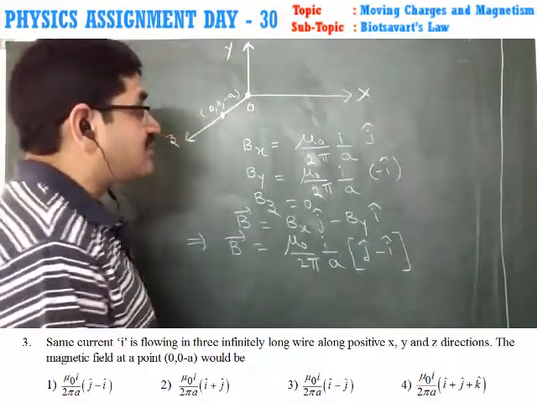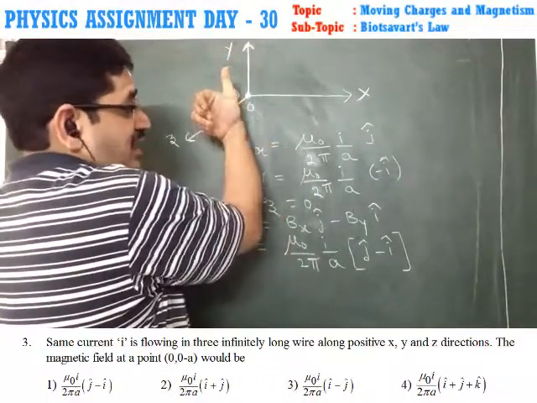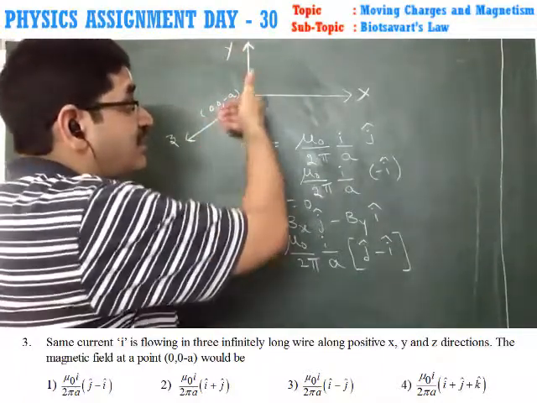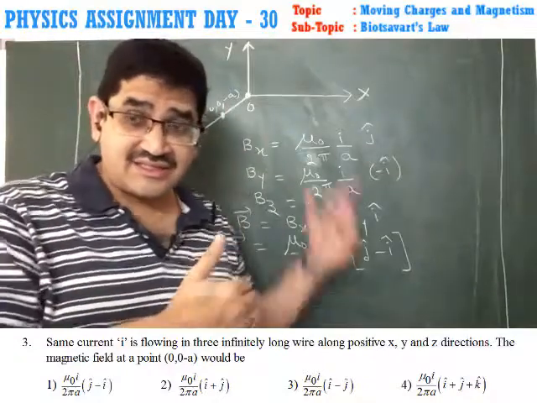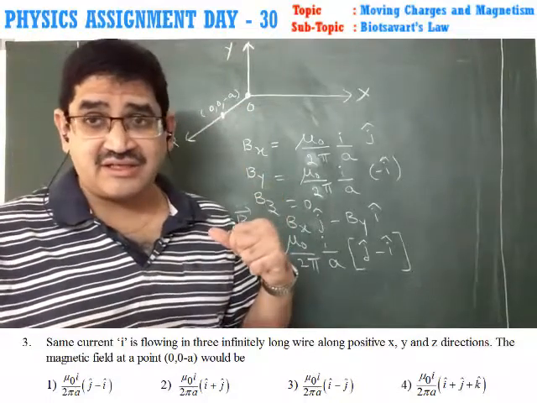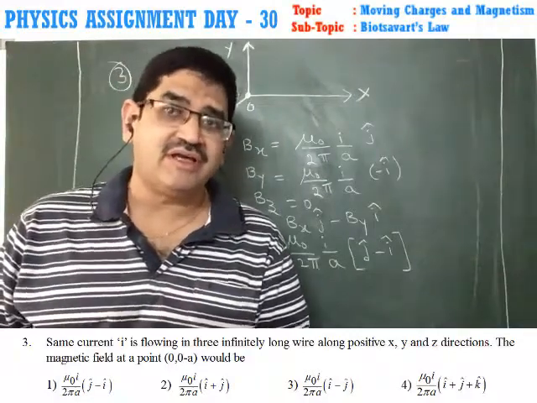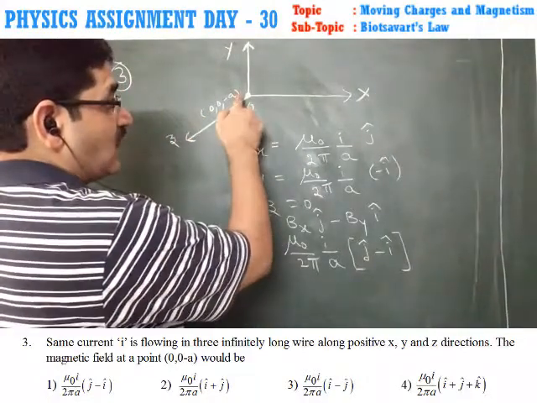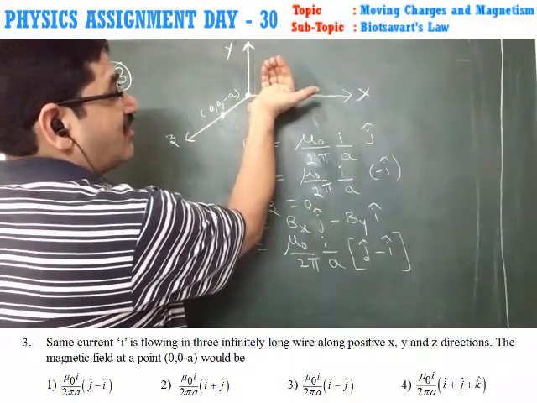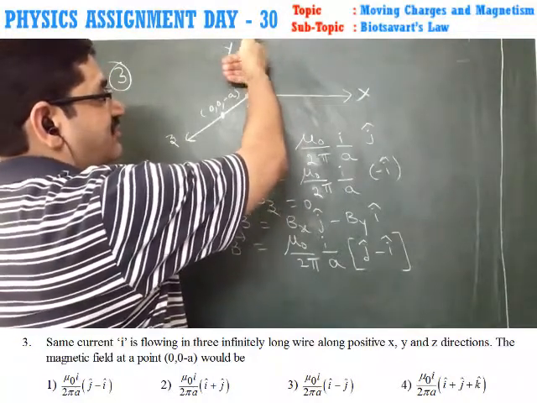Use Ampere's right hand thumb rule. When you use it, the direction of magnetic field will be perpendicular to the plane, and the z axis is perpendicular to the plane of the board I am using. So it will be in the negative x direction and in the positive y direction. If I consider the wire along the x axis, the field due to this will be along the positive y direction. You can check it like this. But if you take the wire along the y direction, it will be like this.